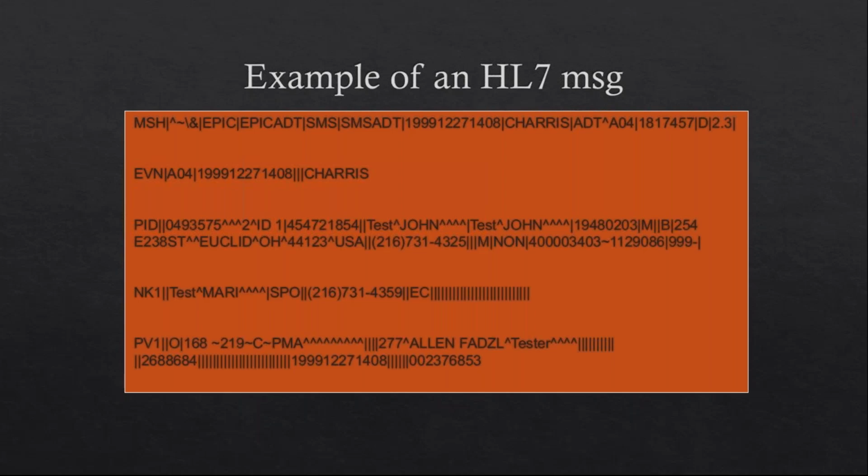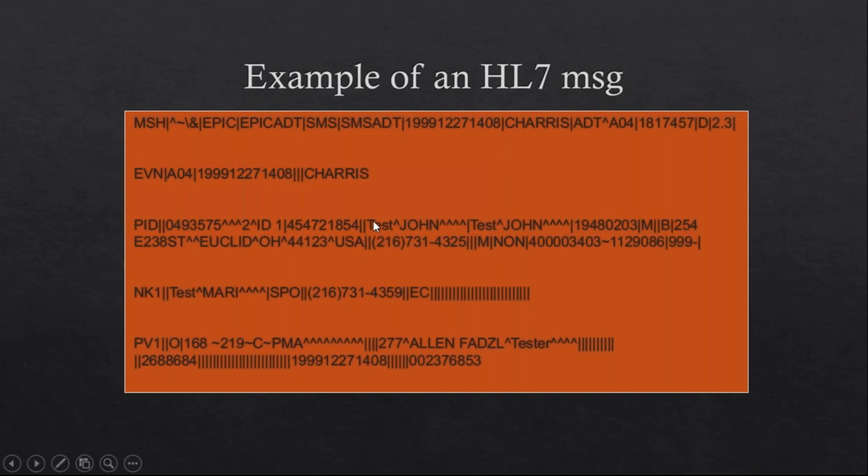So these are additional components of the name. Name as a whole is name. However, when you break down the name, you will have other components of the name, like first name, last name, and so on. So these components are again divided with the help of a caret. As I said in the previous slide, we are looking at the delimiters, right? Each field can be again divided into components. So this is an example of how fields can be divided into components.